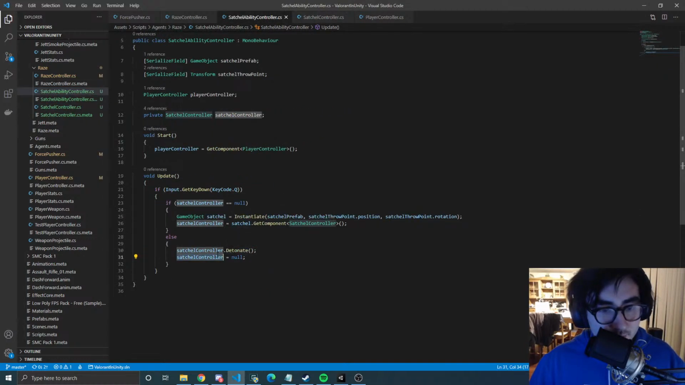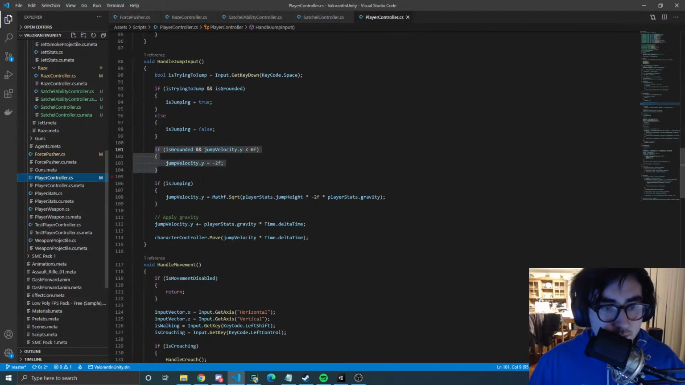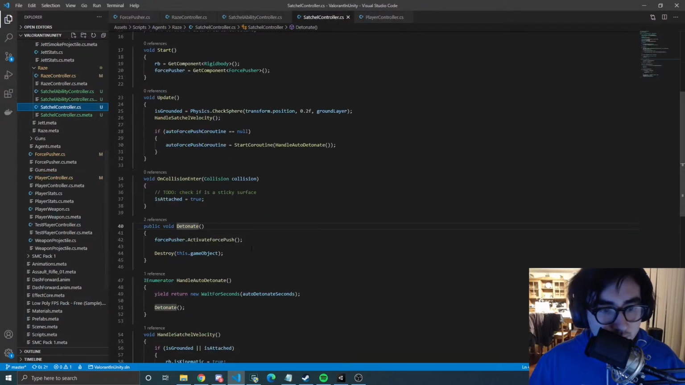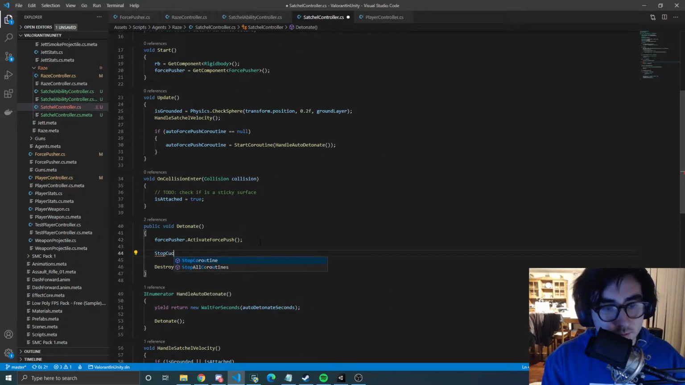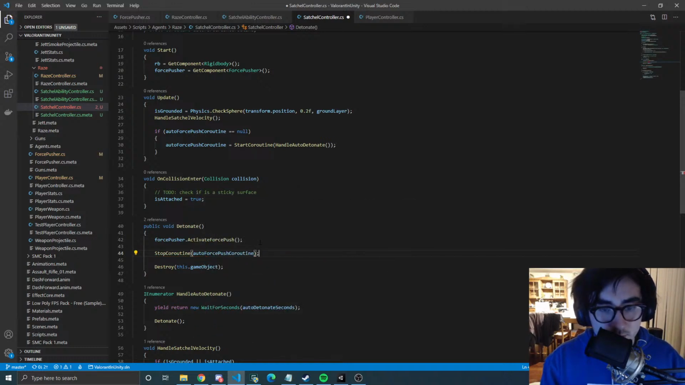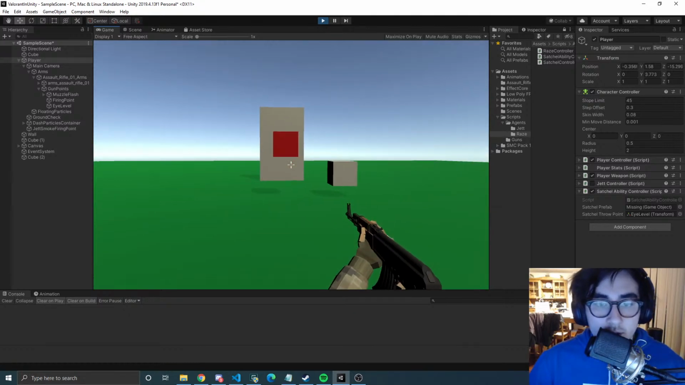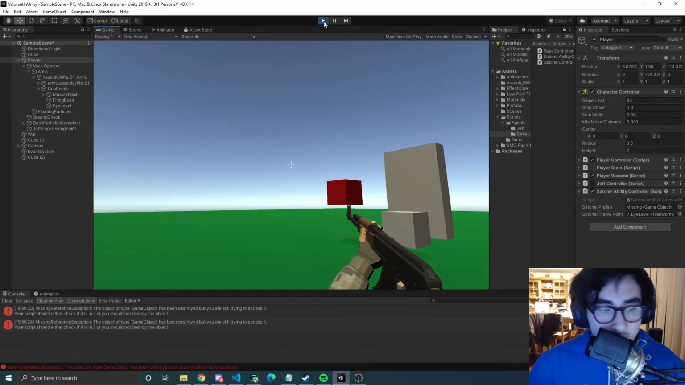Okay. And then we also need to stop the coroutine when we detonate. So stop coroutine, and then it'll be auto force push coroutine, right? This is a coroutine, and this is a, okay. And then I can go back into here. And now I also need to work on. Oh,